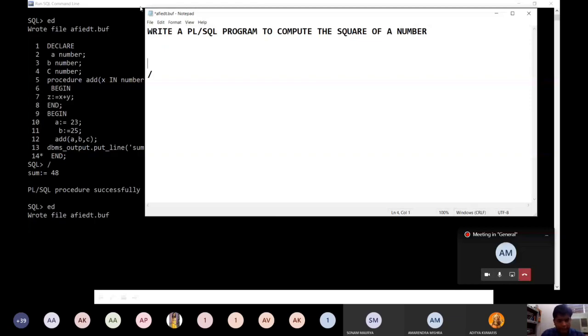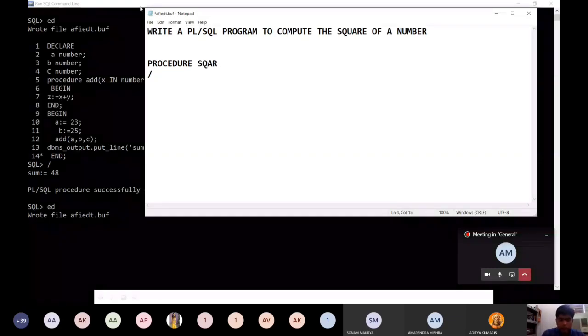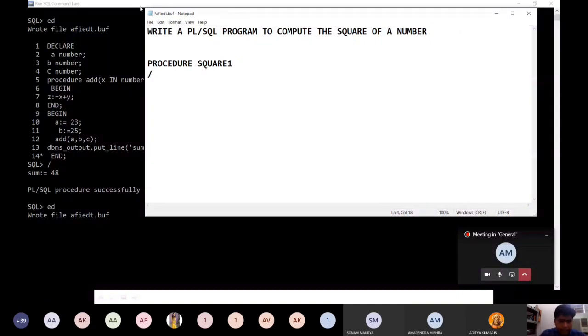So how to write it? Again we create a procedure, and we have to give the procedure a name. Let the name be SQUARE, any name is fine, because we had already created square earlier and got disconnected. Now, we have to give the square of a number. For example, if the number is 5, we print 25.